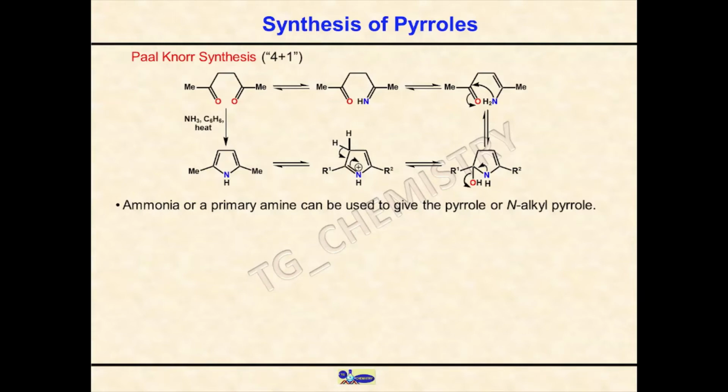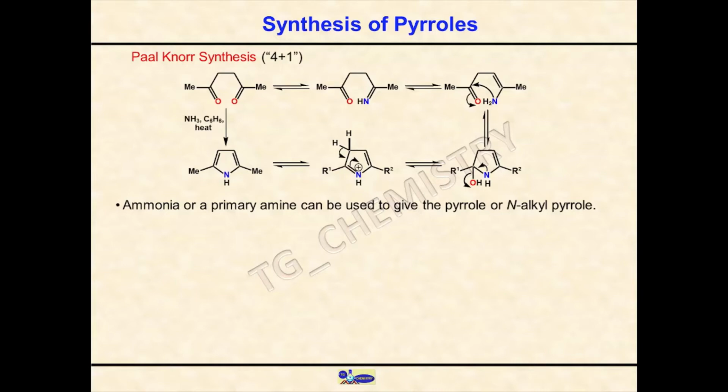Here the only difference is that we use ammonia in benzene as the nitrogen source for the pyrroles, and the 1,4 dicarbonyl will react with ammonia to form the imine first, which eventually tautomerizes to the enamine, making the free amine which is more nucleophilic in nature, and therefore the cyclization will take place, followed by